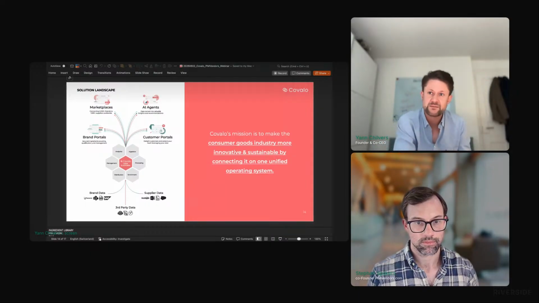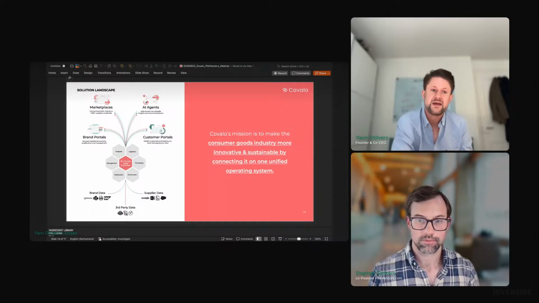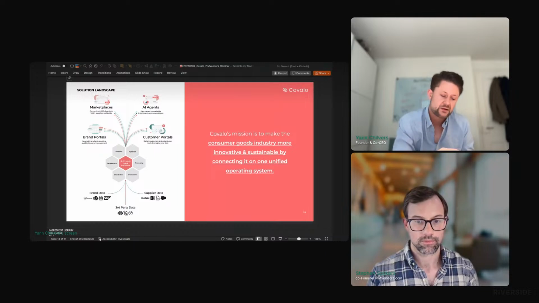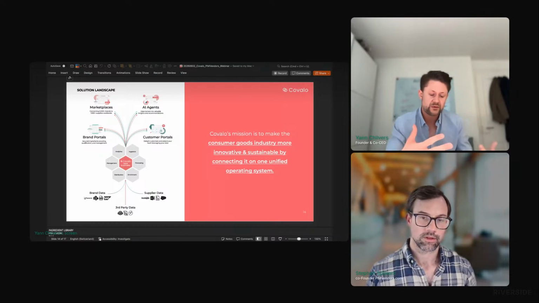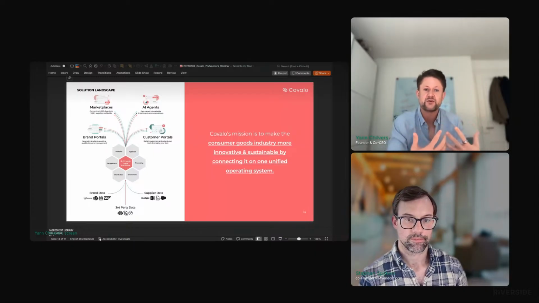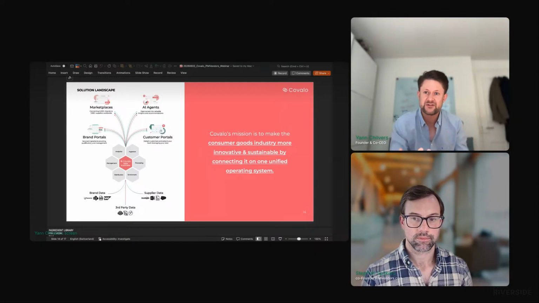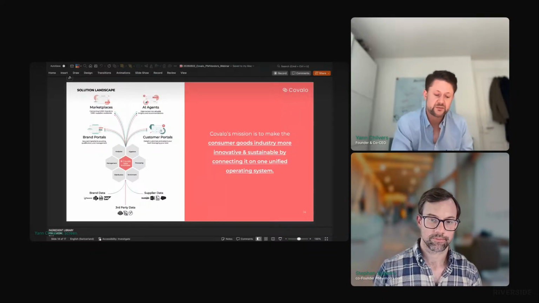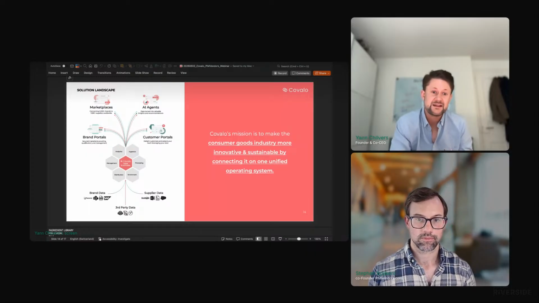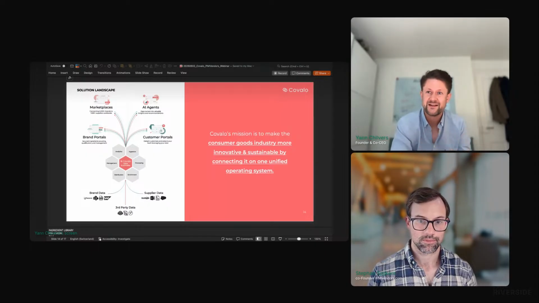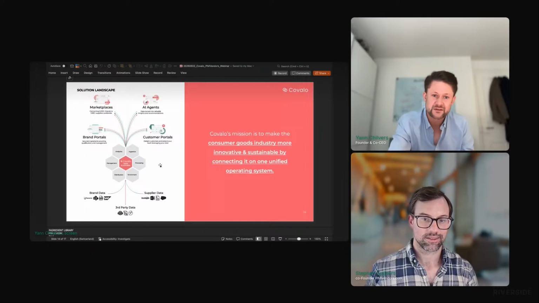So we started with a marketplace where we have today a bit more than 6,000 brands and 35,000 users using the platform, connected to more than 1,500 ingredient manufacturers. What we noticed there was that we were facilitating mostly new business relationships. But if you look at established players, they generate more than 80% of their revenue from existing customers and their distributors. And that data was still a big challenge for them to share. And that's how we moved to that customer pool offering,